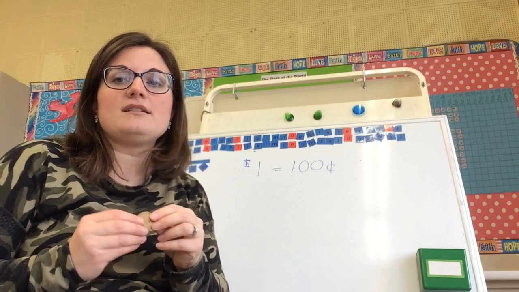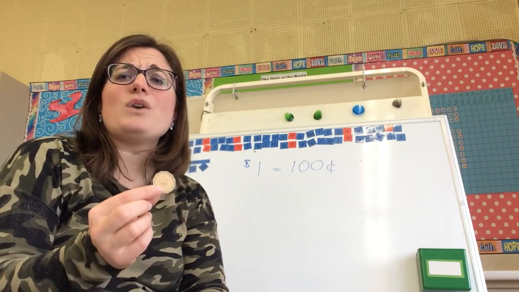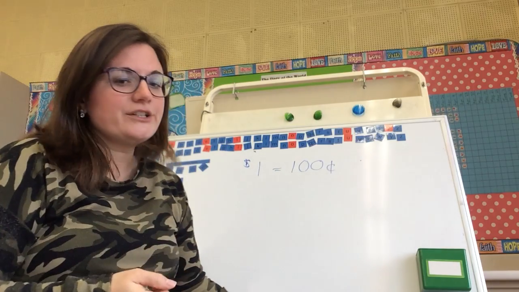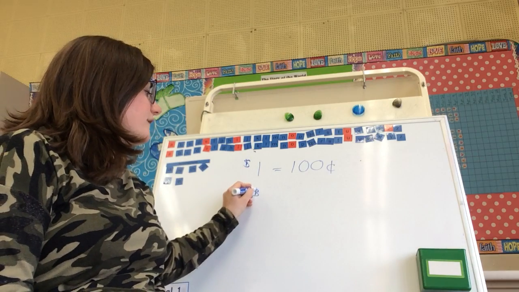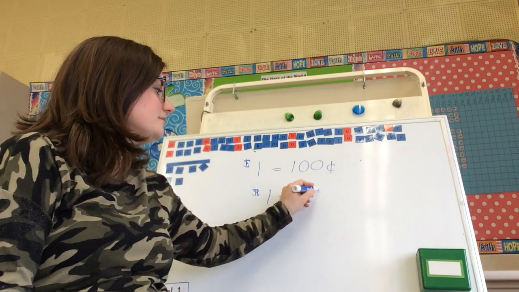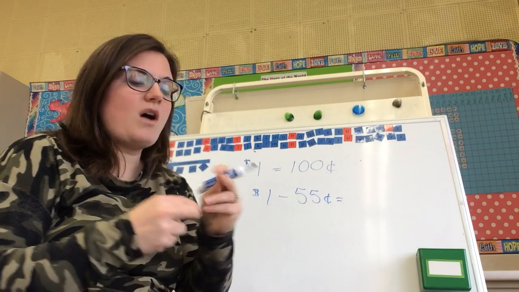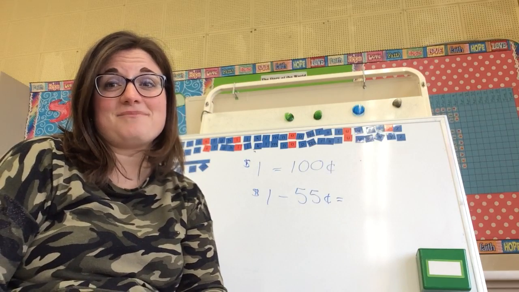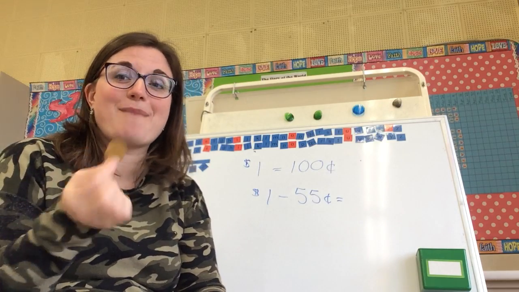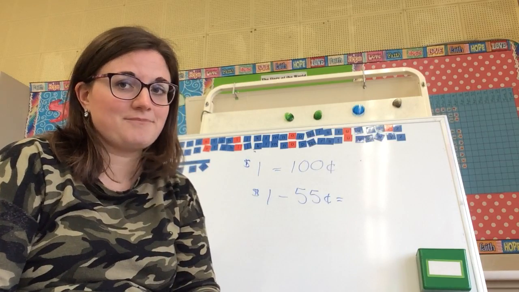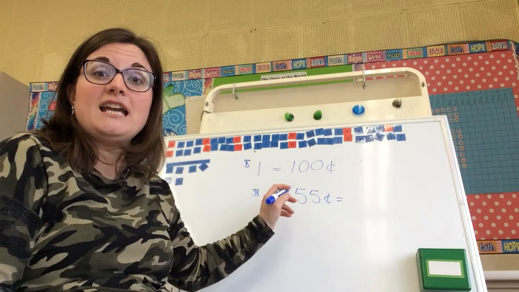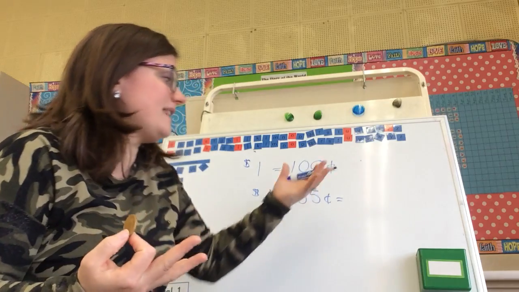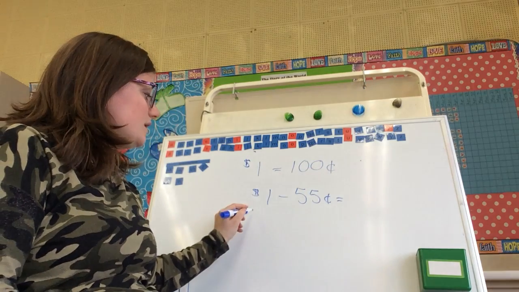So if I went to the store and I wanted to get a sucker and I had a loonie, but my sucker only cost 55 cents. Okay? So I should get change because I have $1, but the sucker is only 55 cents. So I want to think about how much change I would get back from the cashier when I pay. Well, I can think of it as $1 and I take away the 55 that the lollipop, the sucker, costs, and that would tell me my change. I can think of $1 as